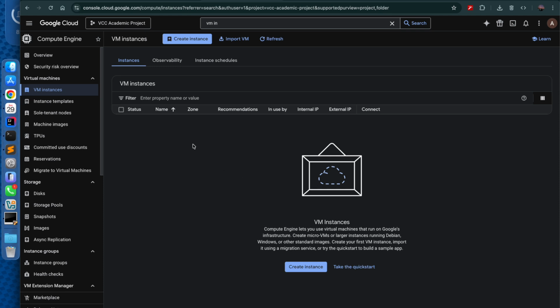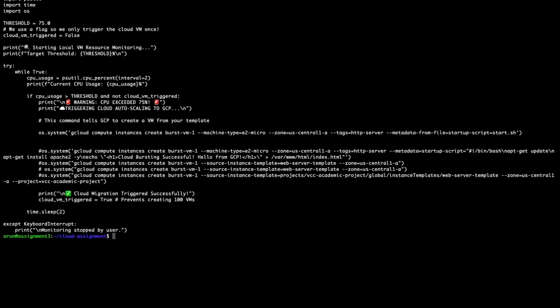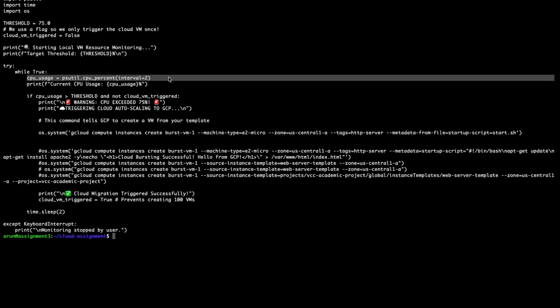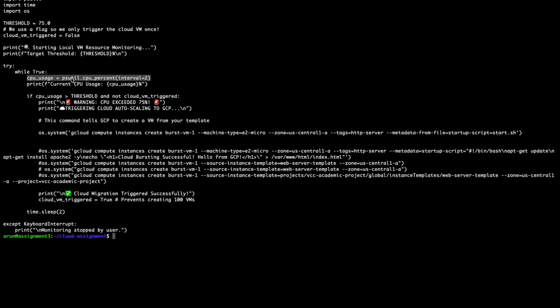So now we assume that there is a VirtualBox already created with an Ubuntu server that is running, right? Now for this to happen, we need a monitoring tool which monitors the CPU resource utilization. So we'll write a script wherein we'll mark the threshold as 75%, and we use the psutil command to monitor the CPU usage, and when the CPU usage is greater than the threshold and